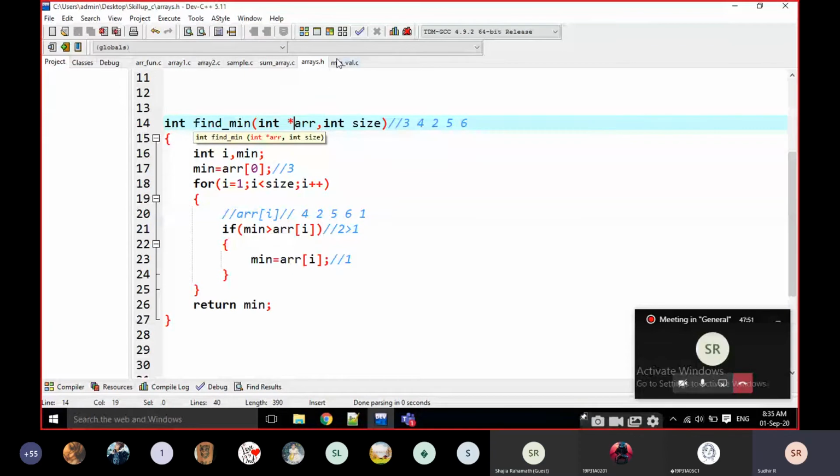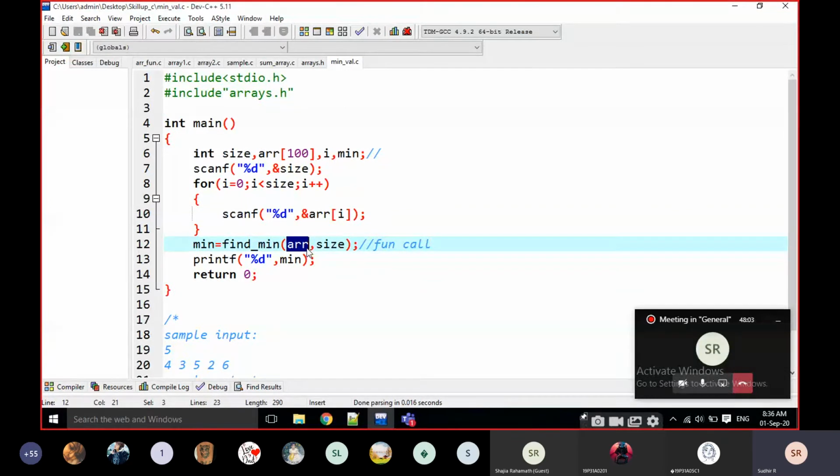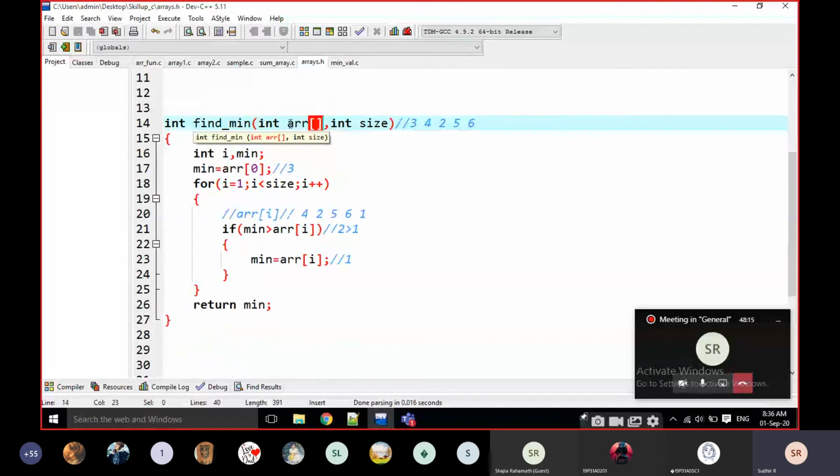Because if you are taking it like this, you are thinking that you are passing the total array values. No, not at all. It is passing the address of the first variable every time, and we are getting here the values. I am taking the address of the variable in a pointer. What is the pointer here? Pointer is holding the address of the variable.